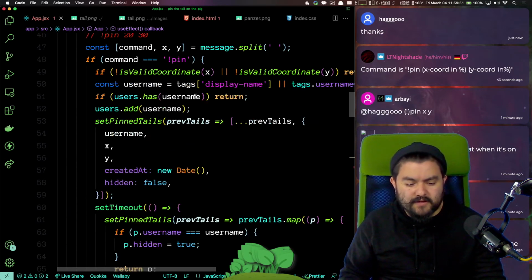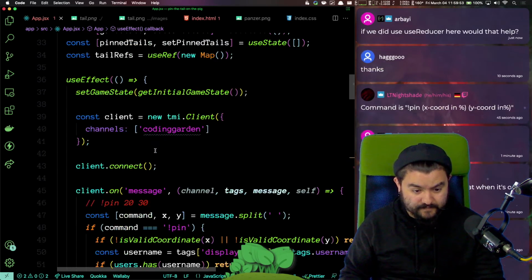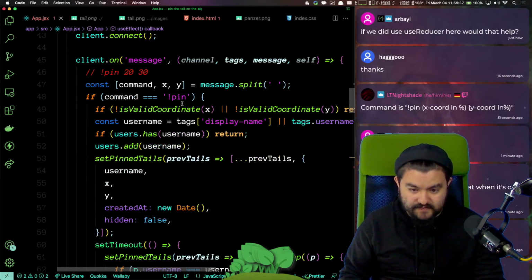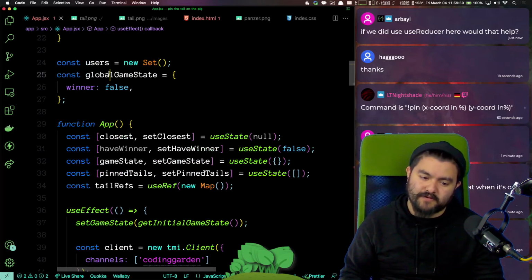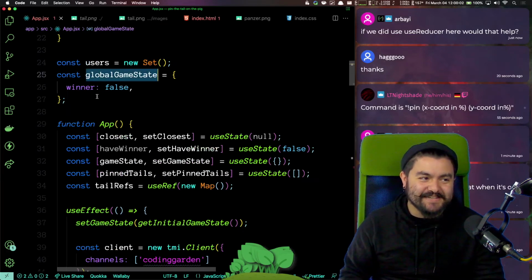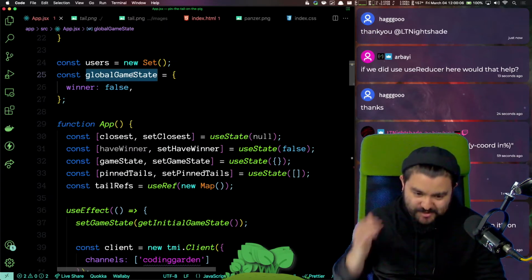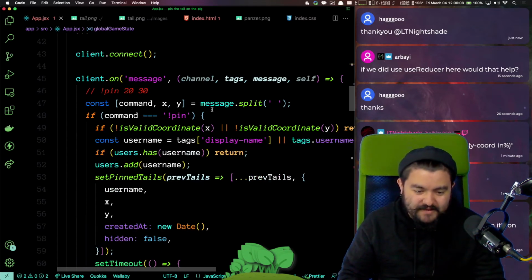And then right here, I should have access to that latest value because it's outside of the app, so I don't think it's affected by the use effect. It should just be able to access the thing.